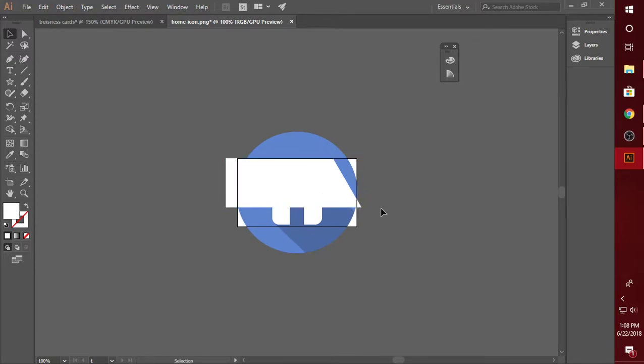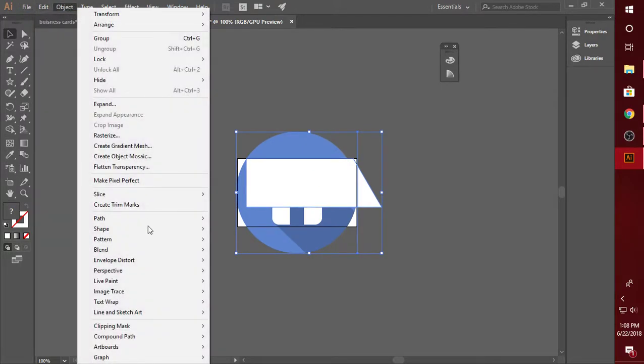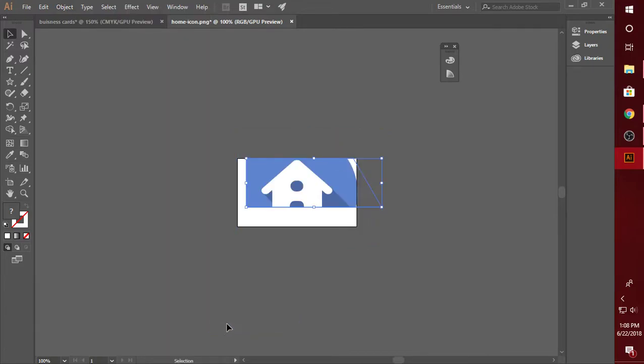And remember, when we make masks, the shape that's on top is like the plastic wrap. So it's only gonna save whatever is within that shape. And so we're gonna left click and select everything. Object, clipping, make clipping. And you see